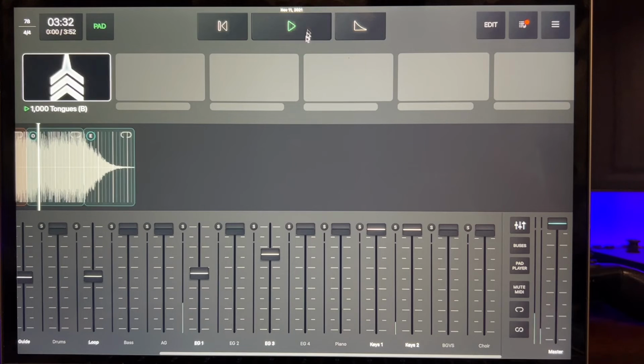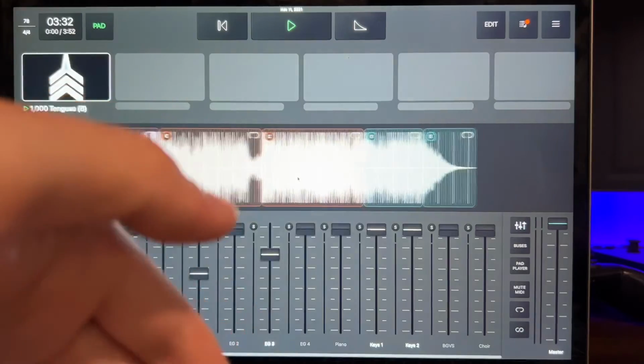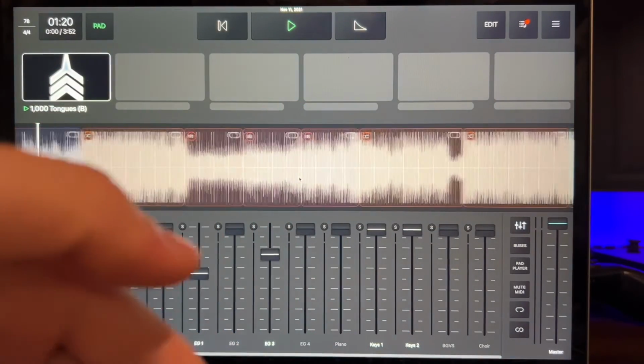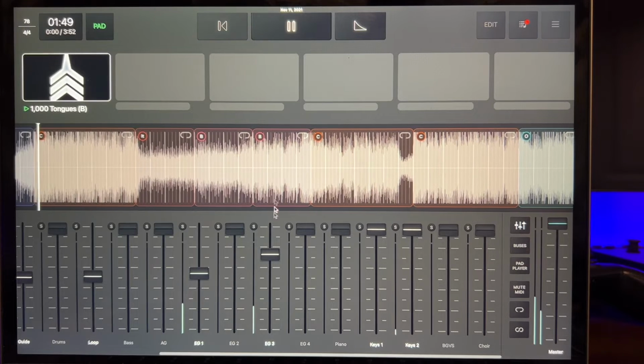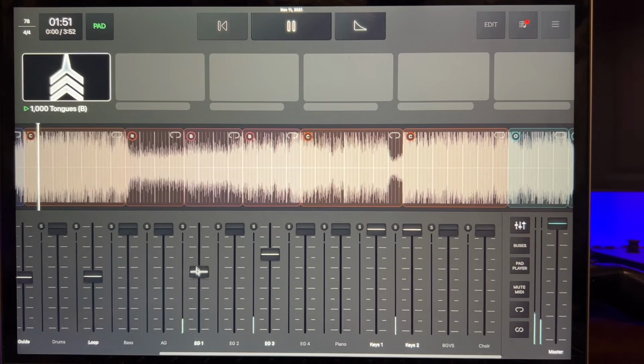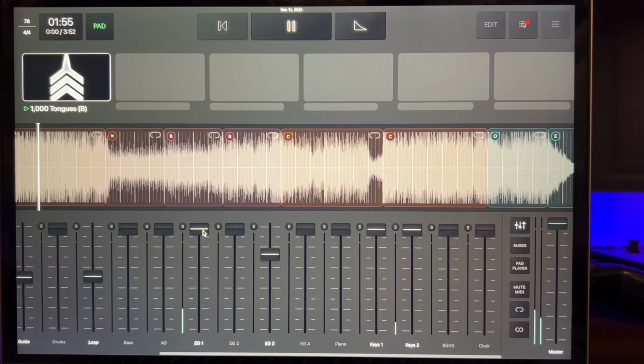I usually will listen to the whole thing, and once I've got the tracks taken out that I need to take out, see what sticks out. Let's listen to this chorus. You can tell this is kind of one of the loudest parts. So this EG1 was here. I think it's a little loud,